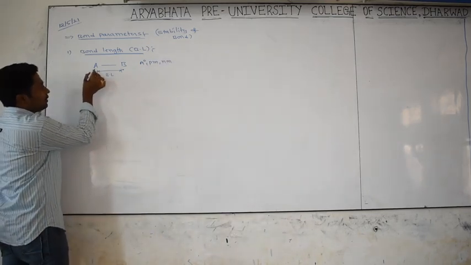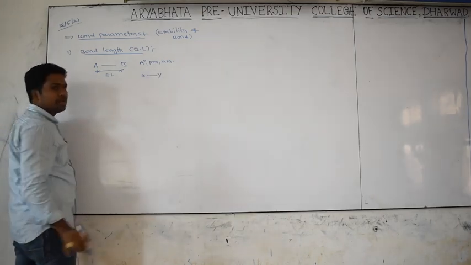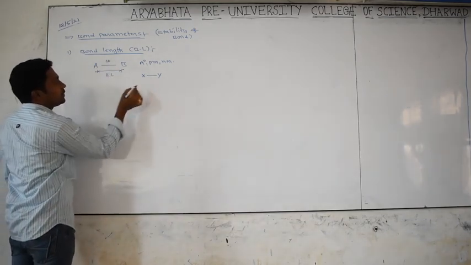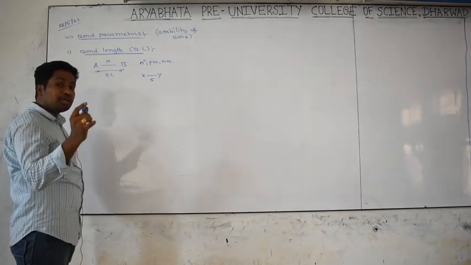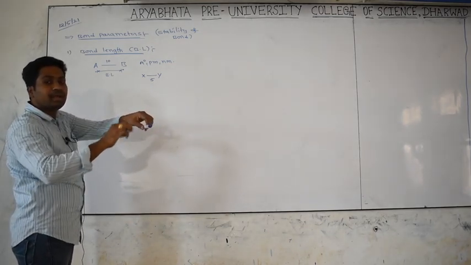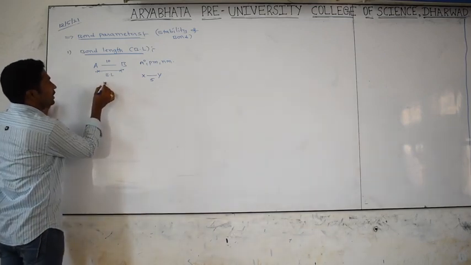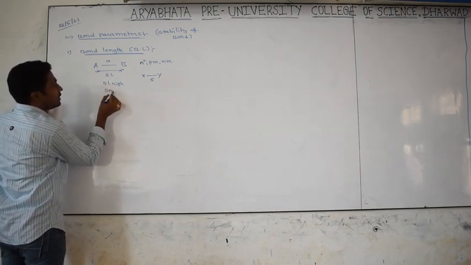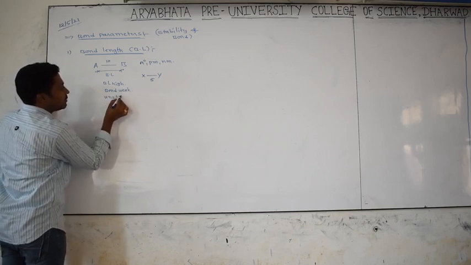So for example, I will take an AB bond and one more bond, XY bond. In case of AB, bond length is 10. In case of XY, bond length is 5. So you know very well, short is always strong. If you take a short stick and want to break it, it is difficult. But if you take a long stick and want to break it, it is very easy. So here the bond length is high, the bond is weak. Bond is weak means it is unstable.